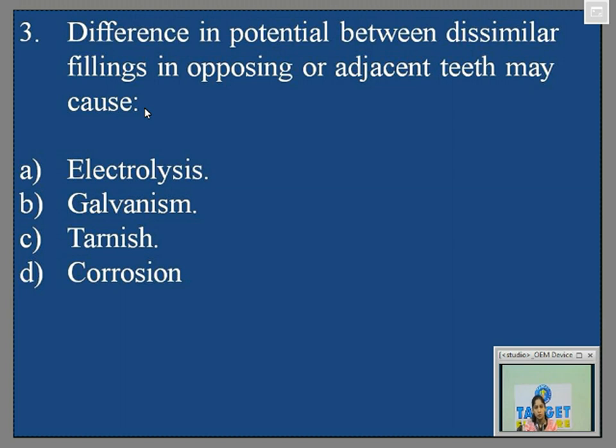And the corrosion products, what are they? The tin oxychlorides, the tin oxides. These corrosion products, along with mercury that is liberated, get deposited on the cathode, which in this case is the cast restoration. So in the clinical picture, what you will see is that the amalgam is undergoing corrosion and the cast gold is undergoing discoloration with a tarnished film. That's because of the cathode and anode reaction. This process is called galvanism, and what the patient experiences is a sharp pain on chewing or when the restorations come in contact with each other, that is even at rest. So that is galvanism.